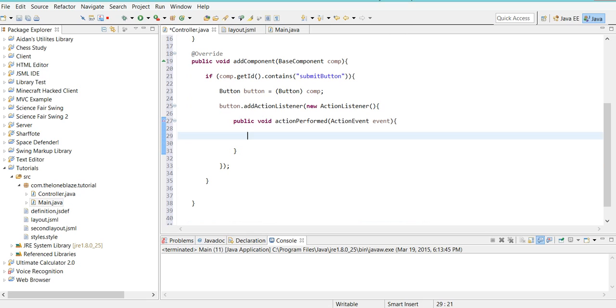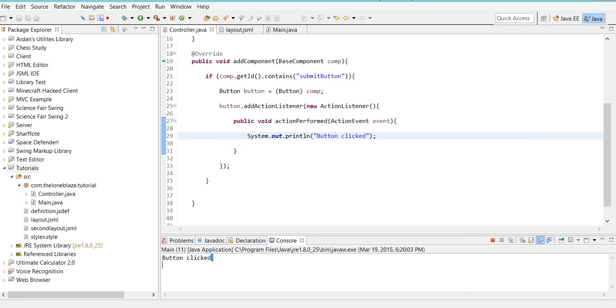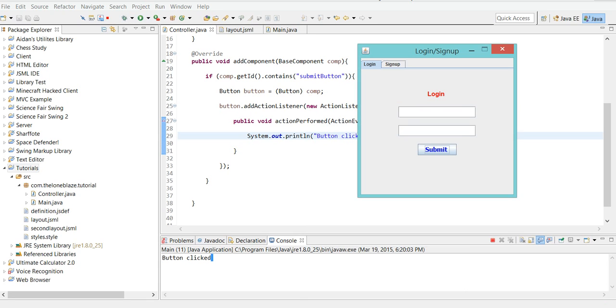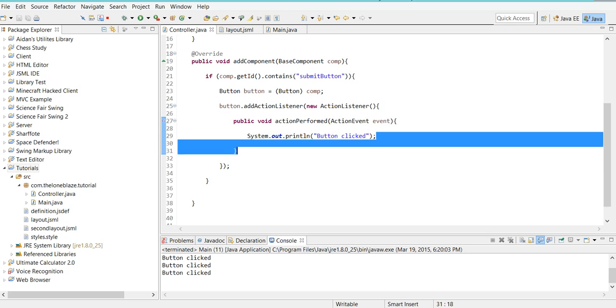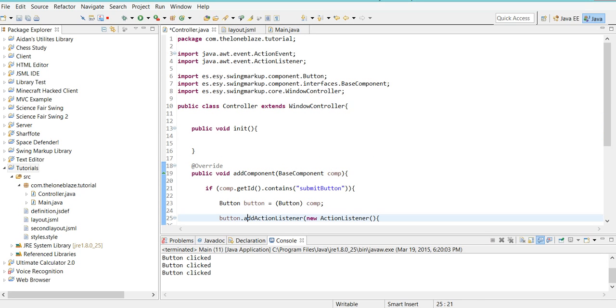And here we can just type a sysout, "button clicked." And so now, when we run our tutorials here, notice when I click this, I get the little message in the console, "button clicked." So we know this works, we can actually call action performed. So what we can also do is maybe have,